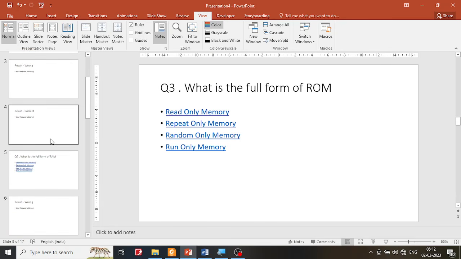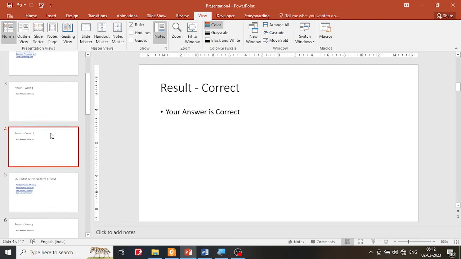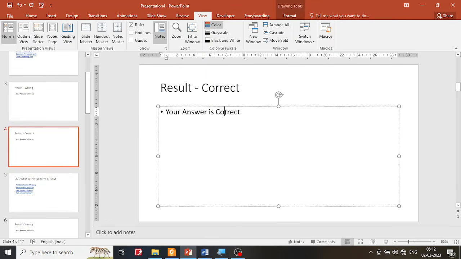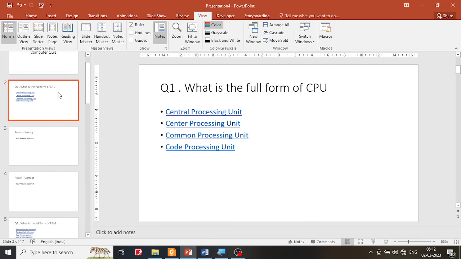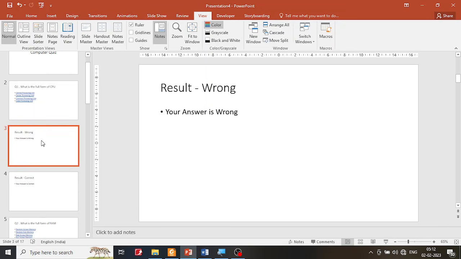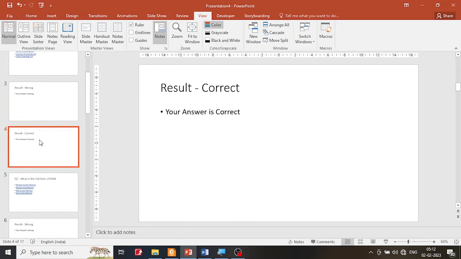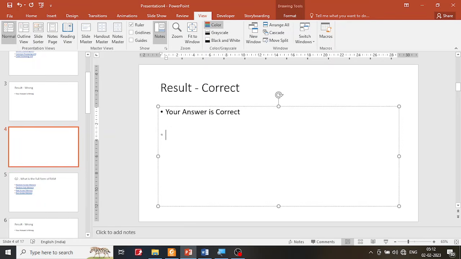I'm going to use this one to reduce the typing. I will go to the first question. I won't touch the wrong result. I will touch the result that is correct. Click here, and I'll press click here, and I'm just pressing enter. That's it. Okay, enter, and then I'm going to say next